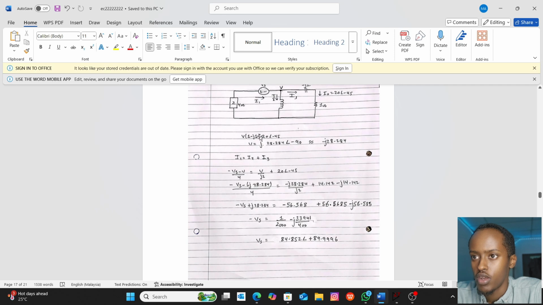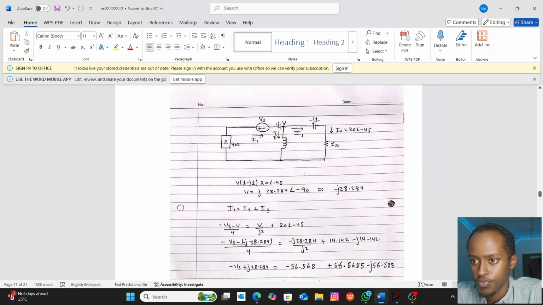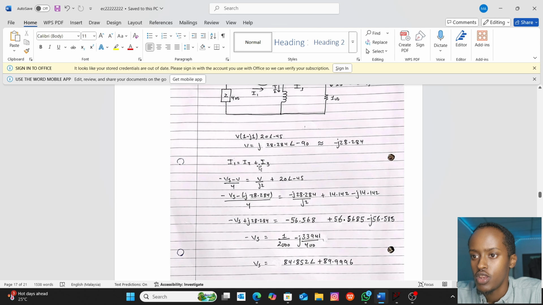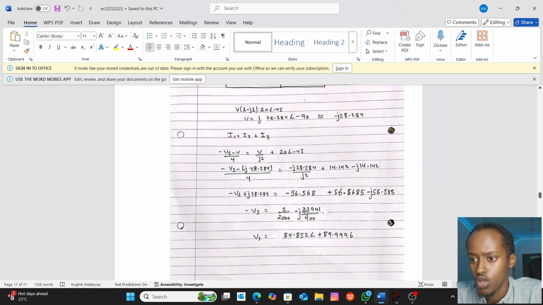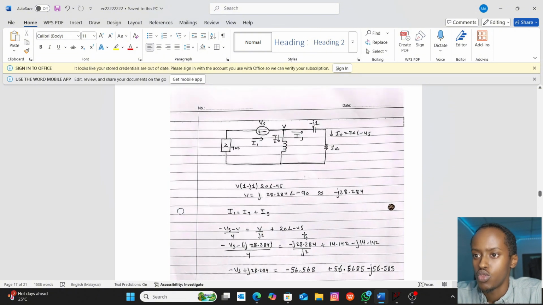And then we will do another analysis, which is the current I1, which is minus Vs minus V divided by 4, and equals V divided by j2 plus 20 angle minus 45. When we calculate it, we find our Vs, which is 84.85, and its angle will be angle 90, positive sign. Then we will do the simulation,